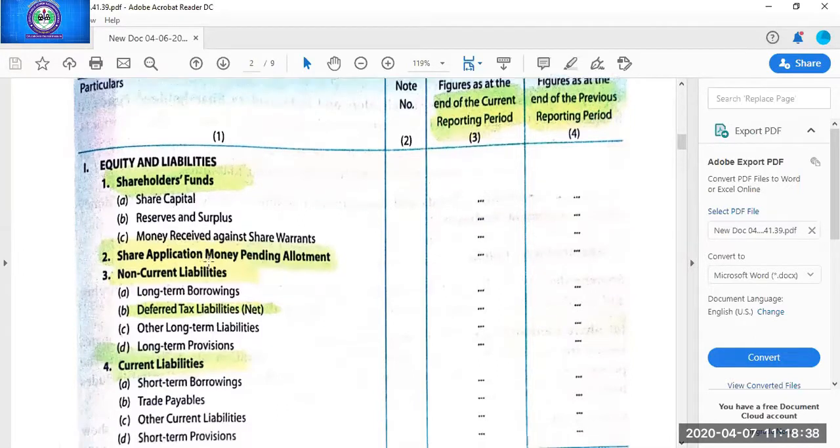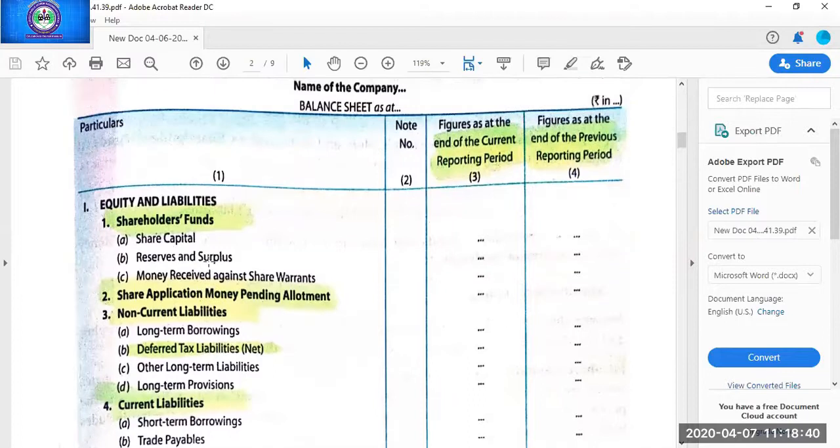Okay, so then again you have to prepare the 4 columns in the balance sheet, which we were making earlier in chapter 3 in the comparative or common size. So particulars, here we'll be writing all the assets and liabilities. Then the note number for each and every subhead like share capital, reserve and surplus, there will be a note. So here we have to write the note number. Like share capital we have prepared and given note number 1. So in front of share capital we will be writing note number 1.